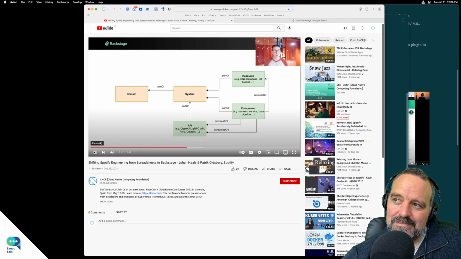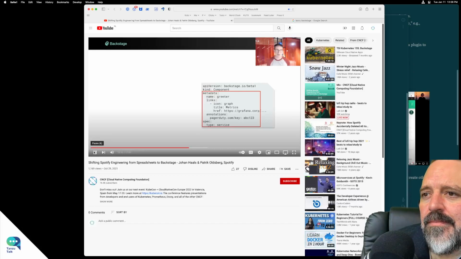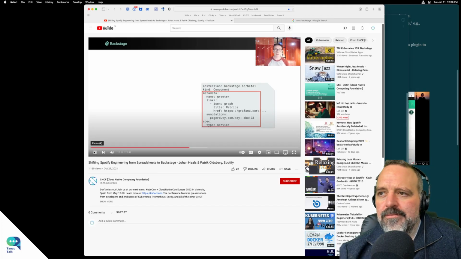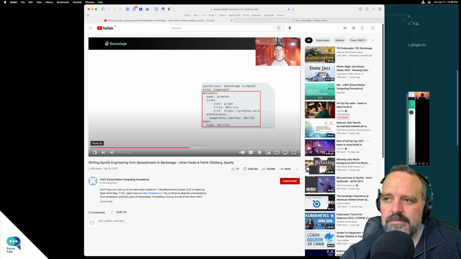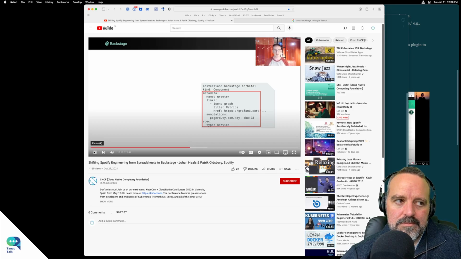Backstage can be reworked or extended to fit your organization, just like custom resource definitions in Kubernetes. In our own installation, for example, we model things like native applications and machine learning models. So going back to the YAML, let's look at some other things that we share with Kubernetes, like the metadata and spec sections.